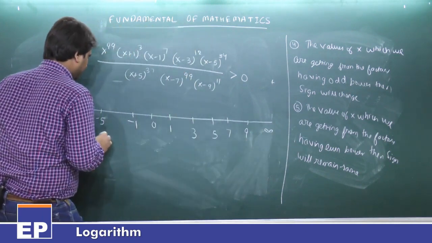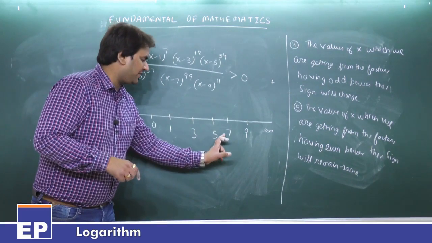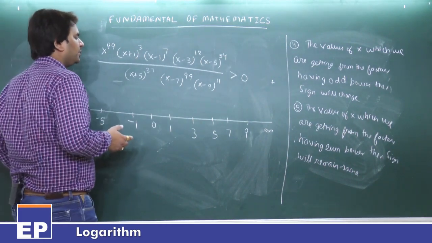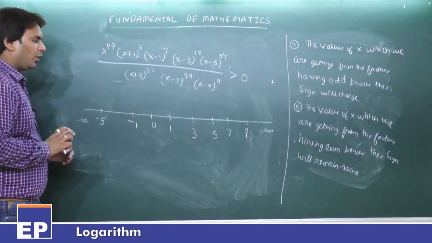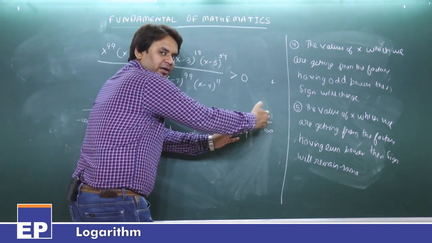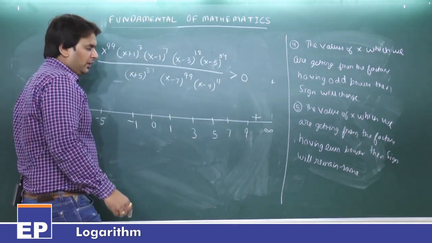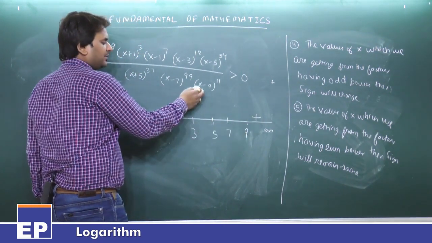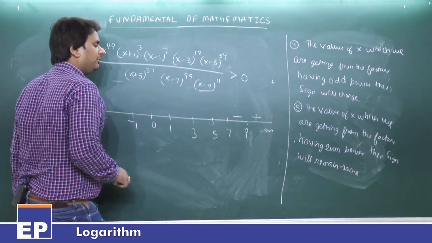Your first work is to calculate the values 1, 2, 3, 4, 5, 6, 7, 8, because sometimes the student misses one value. If you miss one value, then the answer will not come the same. So 8 values we have plotted. What is the rule? The rule is start the rightmost side with the positive sign. This is the rightmost side and you want to start the rightmost side with the positive sign, then assign plus sign here. Okay, when we are coming from infinity to 9, see from where 9 is coming, from this factor, and this factor is having odd power, then what will happen? Sign will change, plus will become minus.